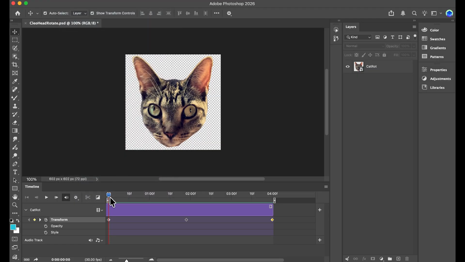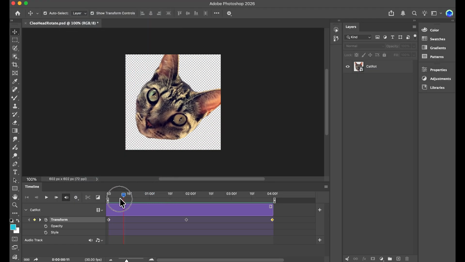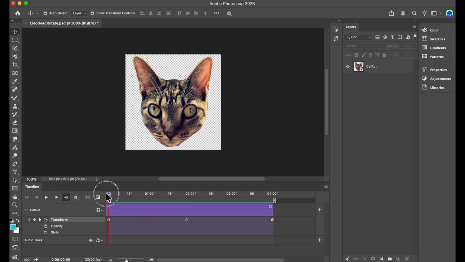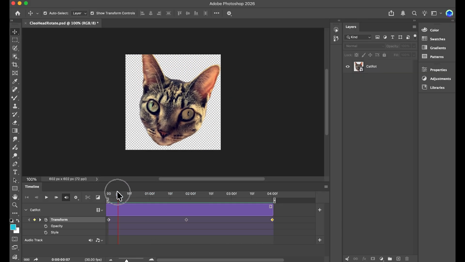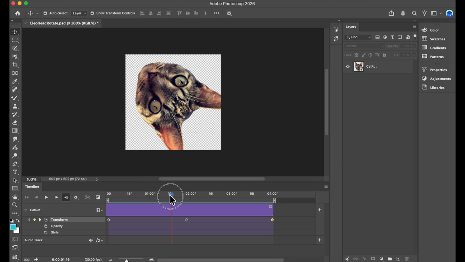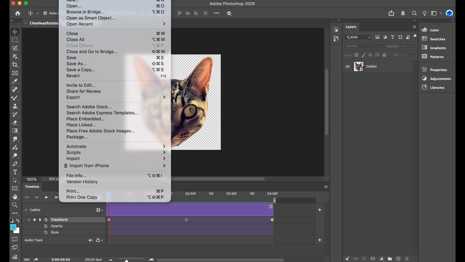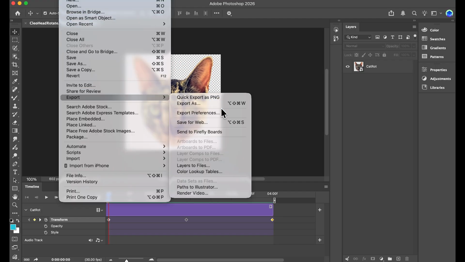Because, you know, in-betweens used to have to be done. Like in the olden days, there were usually the lead animators who would do the keyframes, and then the sub-animators, the assistants, would do the in-betweens. Okay, File, Export, and let's do a video actually, because we're going to bring it in as